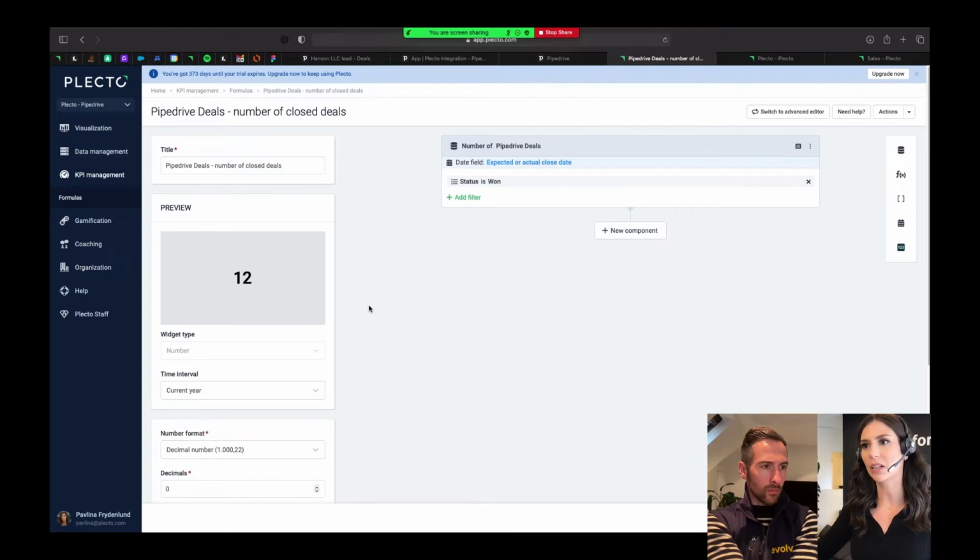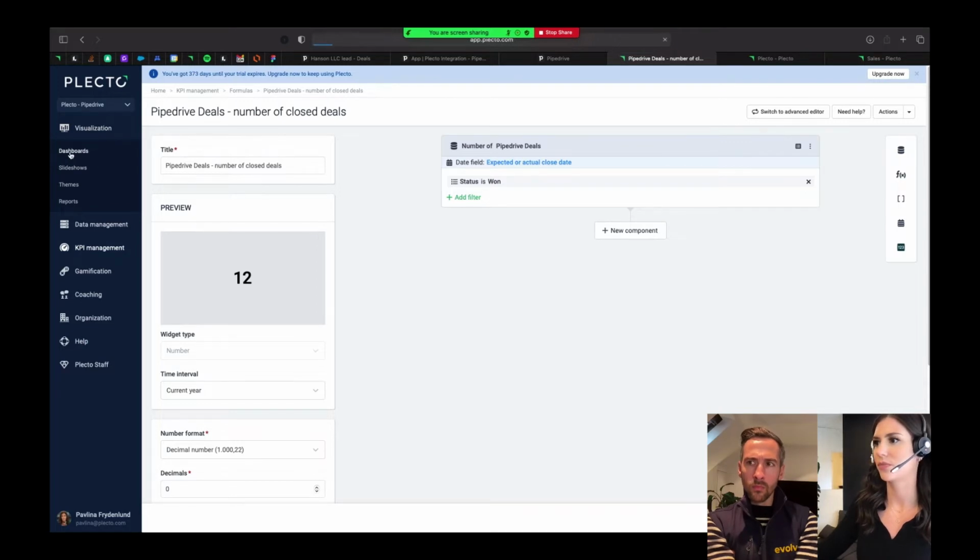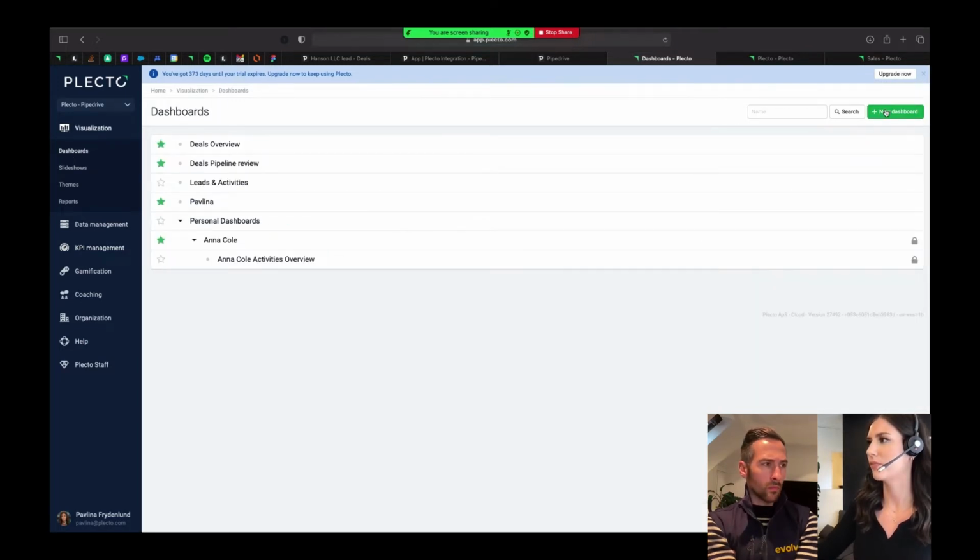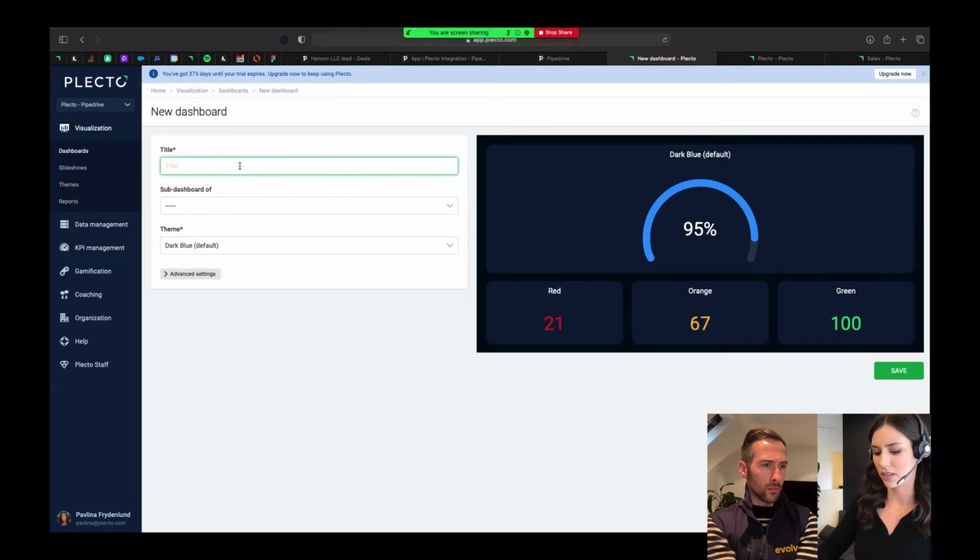So we don't need to build out these KPIs again and again and again. So that's kind of the logic here. So let's go to a dashboard and build a new one here. The nice thing is that you can have as many dashboards as you would like to have. Example dashboard,